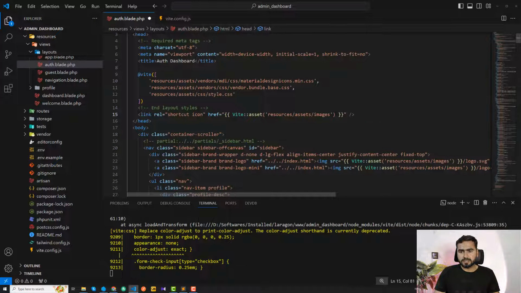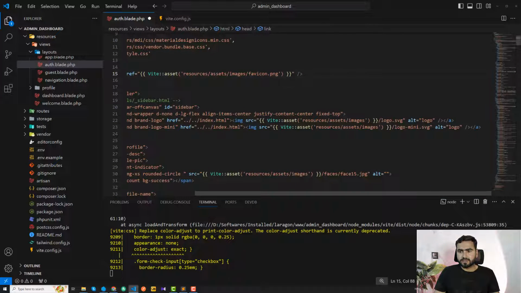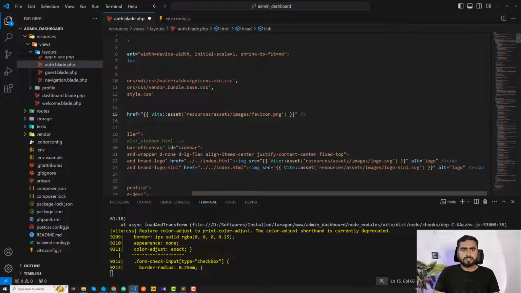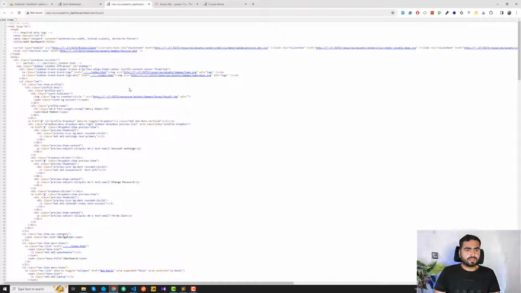Just cut this out and paste it here, then do this for all of the images. So let me do it for all of them. Okay, I fixed all of the paths. Now just give it a save and go to the web browser, and yes, our images are now perfectly working, right? This image is working, this image is also working. And if I open the page here, you can see this one is